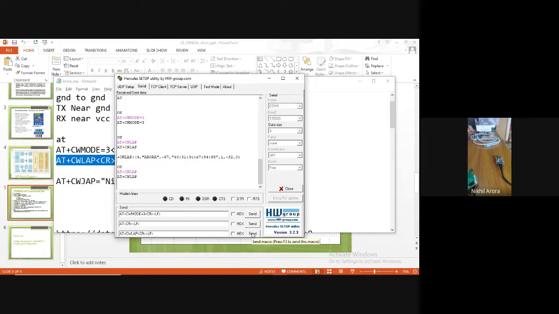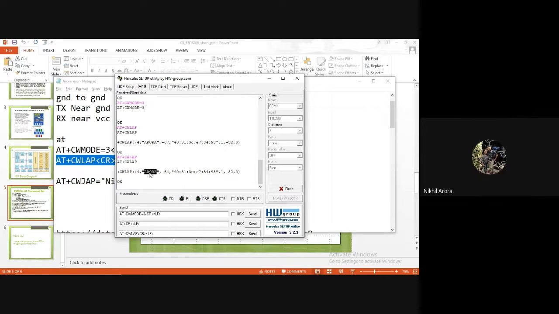Again, let me type. Generally, multiple will come, three or four Wi-Fi networks. Then you have to choose yours. Currently only one is there. The next command is join access point.